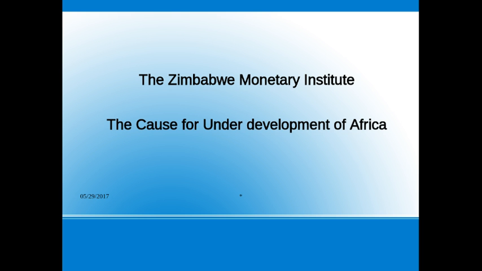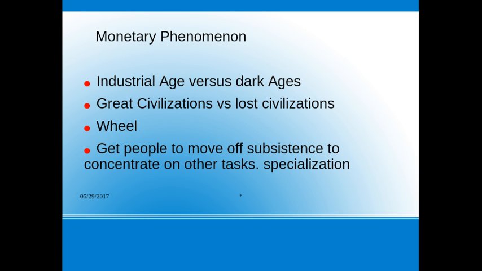Today I'm going to look at the cause for underdevelopment in Africa. I believe that it's a monetary phenomenon. It is what was intended by Adam Smith and Lord Shelburne when they set out economics, that